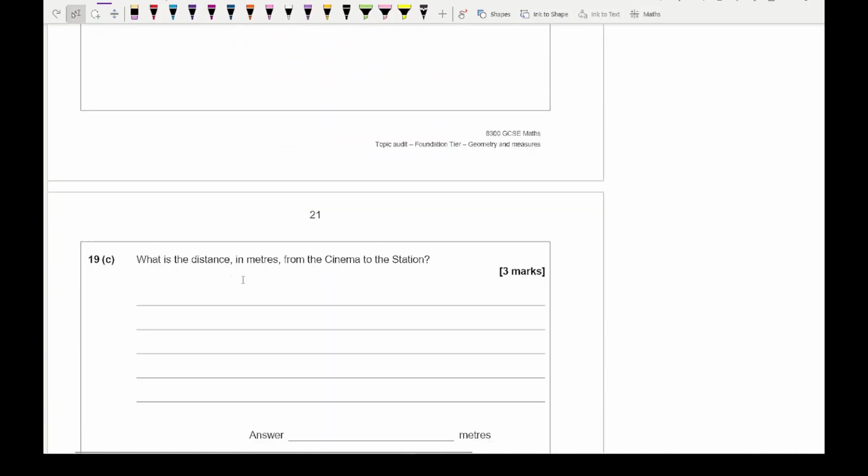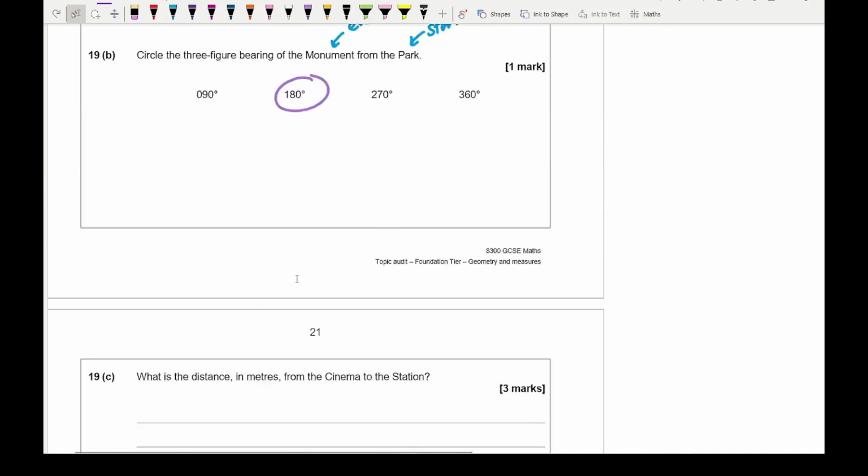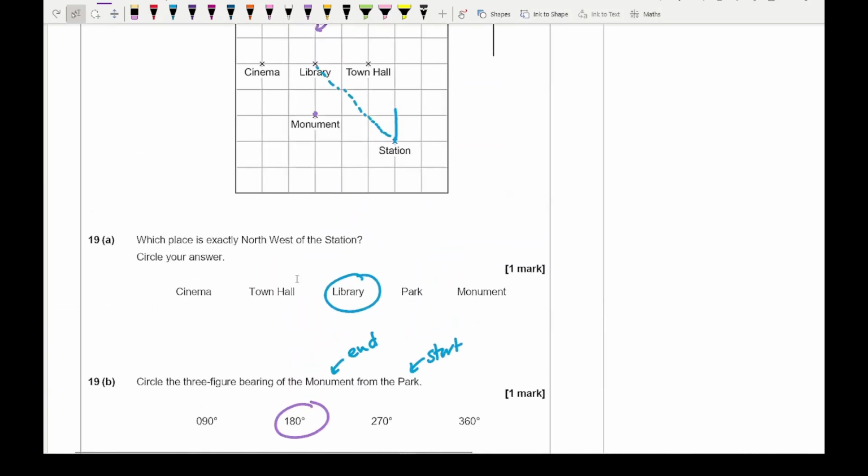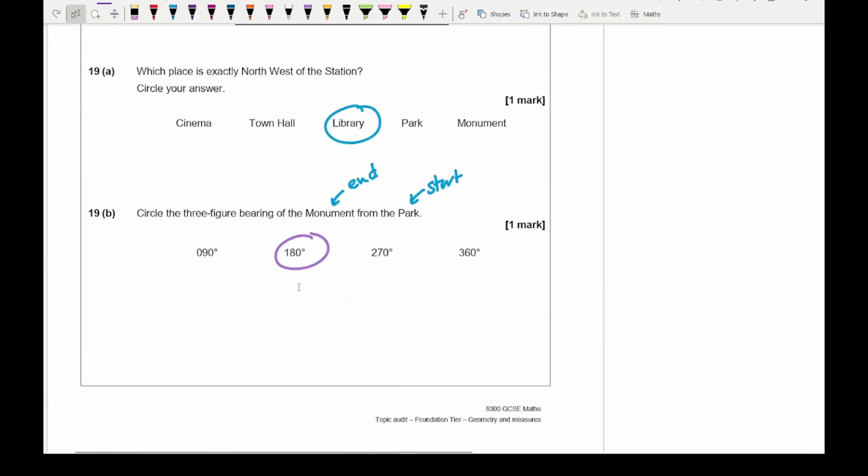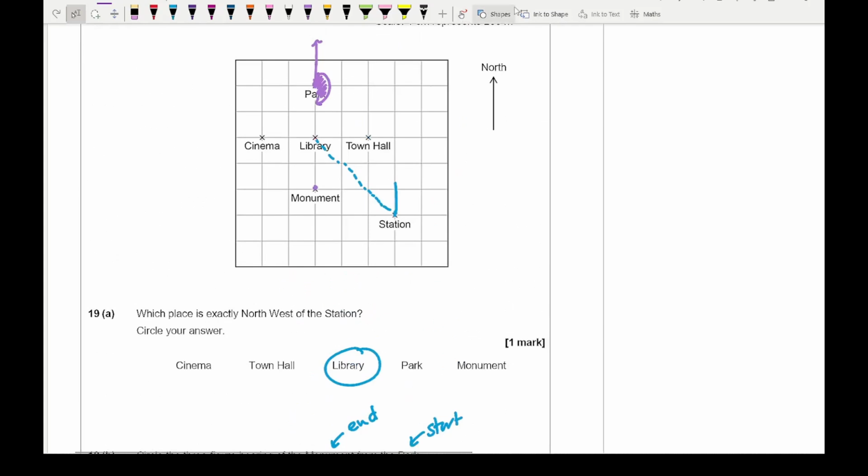It then says what is the distance in meters from the cinema to the station. Now for this, it really does depend on whether you are working from A4 or A5, depending on your photocopying of this particular paper, whether it's a booklet or whether you're doing this alone. So here, what we need to do is measure the distance from the cinema to the station. So if I measure, let's use a different colour pen, this distance here,